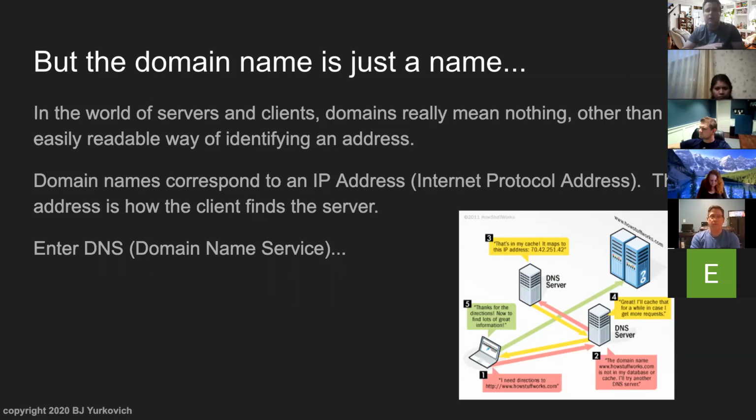IPv4 being 16-bit, IPv6 being, what is it? Why am I blanking? I think it's 32-bit or 64-bit. IPv6 is, so someone can look it up and correct me, but basically it's just a longer form of it, and everyone's seen an IP address. I'm sure you've all dealt with IP addresses to some extent. But the basic idea is that the domain name is just a human readable pointer to that IP address. And IP addresses are leased, and there's a finite number of them. IPv4 definitely, not so much IPv6. There could be trillions of them or more.